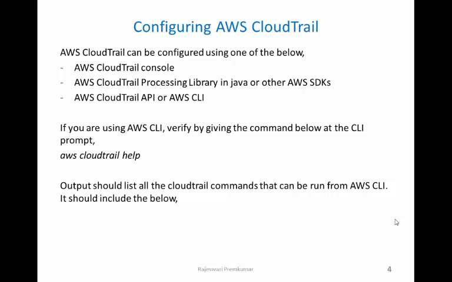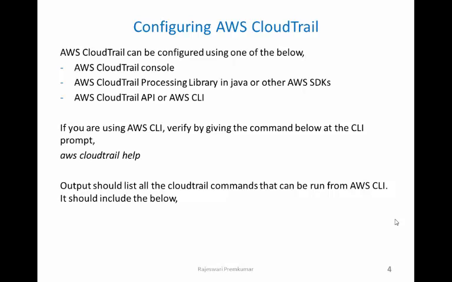The other method is to use the AWS CLI commands to set up the CloudTrail. Also, there is a CloudTrail API, a separate CLI for the CloudTrail, using which you can create, delete, or update the CloudTrail